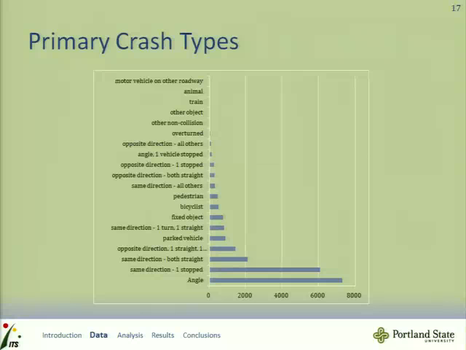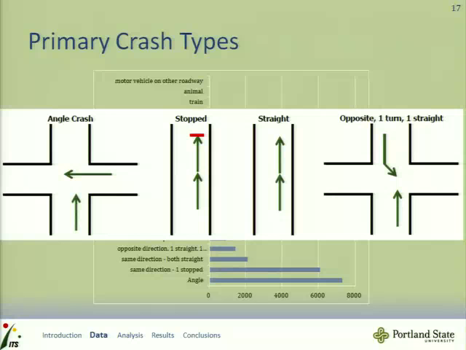The primary crash types that we had, we broke it out by that, and you can see the four at the bottom that were the heaviest ones. I wanted to do a diagram to help remember what type of crash that really is. So in an angle crash, you have a car crossing on a cross street in front of another one. That's the type of crash that Marx was studying in LA County, so it's not surprising he saw more of those at four-legged intersections because you have so many more conflict points there.